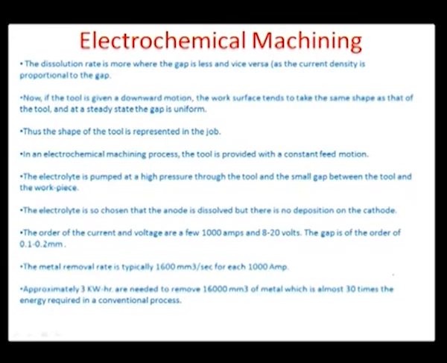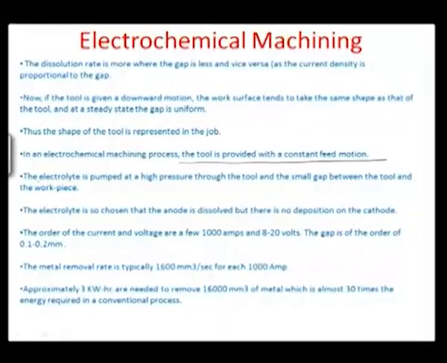So there are certain basic fundamentals about this electrochemical machining process. One of them is that the tool is provided with a constant feed motion. And as I already mentioned before, the whole idea is to somehow be able to precipitate whatever comes out of the workpiece, the anode, and that precipitate can be circulated outside the work zone by means of the electrolyte, which is a flowing or moving electrolyte, and that way the debris removal would mean that machining would happen. So the electrolyte has to be therefore circulated.